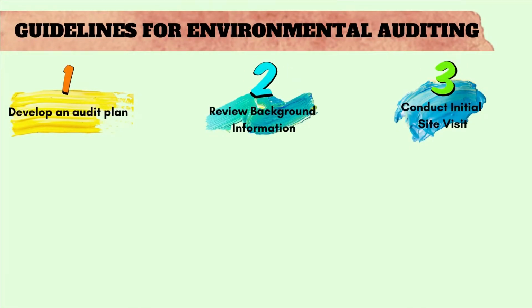Third is conduct initial site visit, to arrange with the site facilitators for an initial visit during normal operation of the audit site, to meet with the officer in charge to explain the purpose of the audit, assess whether background information gathered is up to date and accurate, follow up on the list of preliminary audit impressions, identify and request additional site information as necessary, confirm the scope of the audit, and establish the adequacy of resources for the audit.